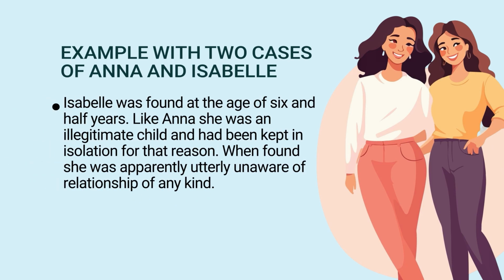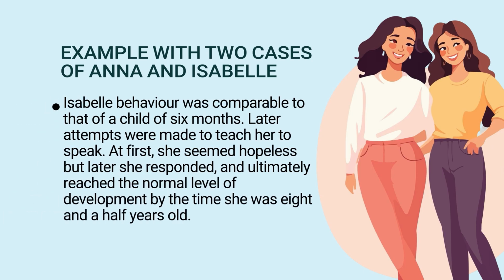Isabella was found at the age of 6.5 years. Like Anna, she was an illegitimate child and had been kept in isolation for that reason. When found, she was apparently utterly unaware of relationships of any kind. Isabella's behavior was comparable to that of a child of 6 months. Later attempts were made to teach her to speak. At first, she seemed hopeless, but later she responded and ultimately reached the normal level of development by the time she was